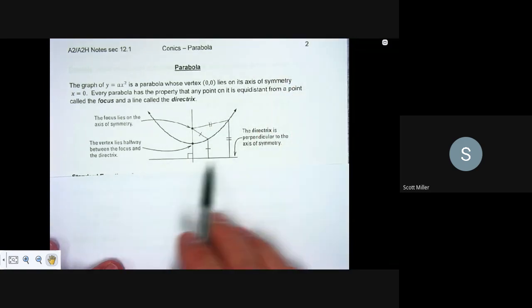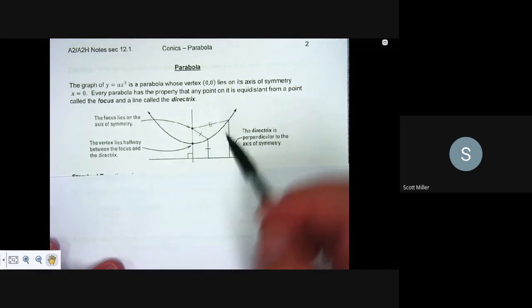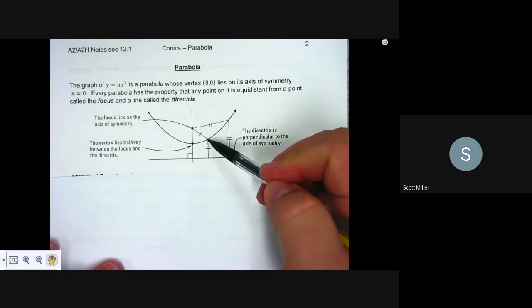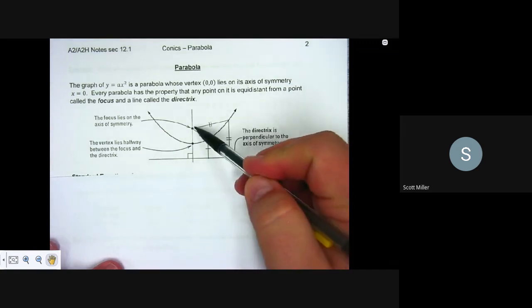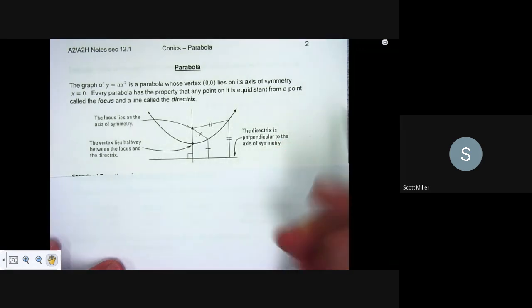It is perpendicular to the directrix. Okay. And this is the definition of a parabola. Every point on the parabola is equal distance from the focus to the directrix, the same distance. So from that, we can then